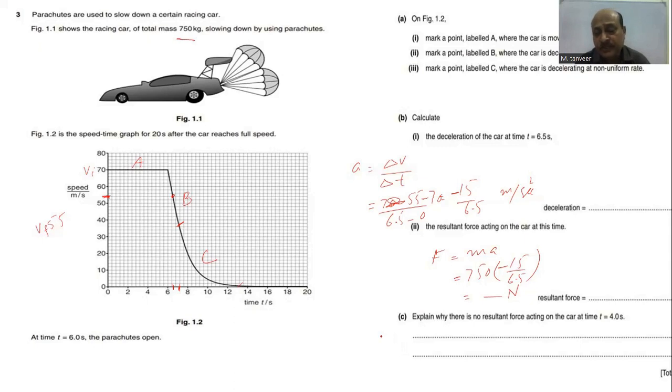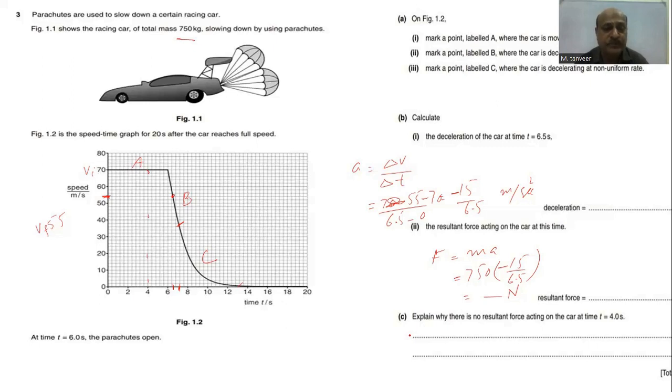Explain why there is no resultant force acting on the car at time 4 seconds. First of all, you will check the 4 seconds. Where is 4 seconds? This is the 4 seconds. And here, the car is moving with uniform speed. When a body moves with uniform speed, then the resultant force acting on that car will be 0. So the answer will be: as the car is moving with uniform speed, no resultant force acts on it. Therefore, it moves with uniform speed and